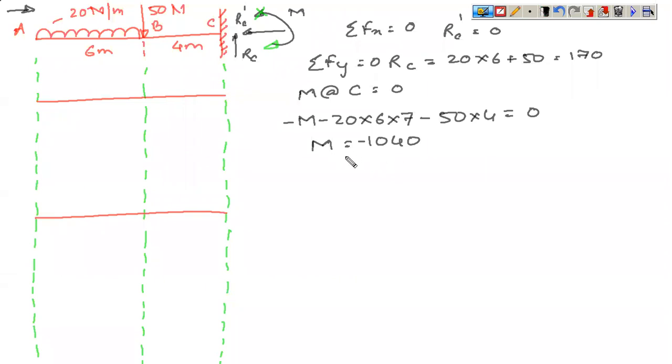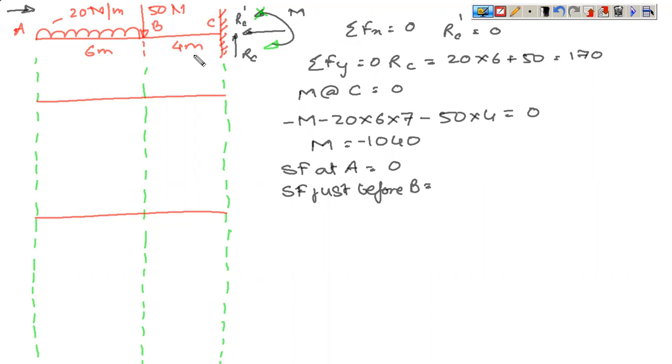Now let us see the shear force. It is mandatory that you proceed from the free end, so this is the only option available to you. First is SF at A. SF at A is 0, because when you are standing at A and looking to the left of A, you do not have any forces. Next is SF just before B. Why just before B? Because at B you have two loads: one is a uniformly distributed load, which has covered a certain distance, and the other is a point load. So their effect has to be taken individually.